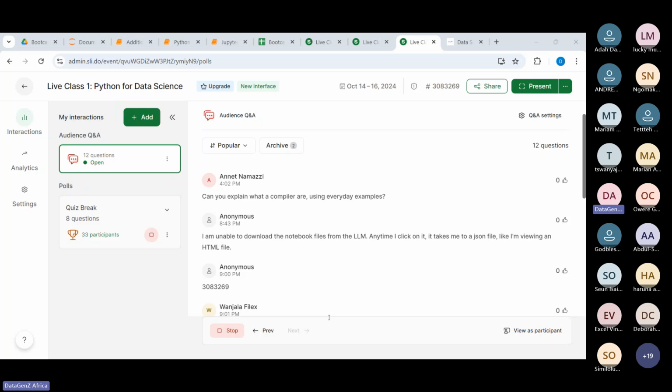A compiler is like a translator that converts a set of instructions in one language into another language. Now let me explain. For you to use a particular programming language,